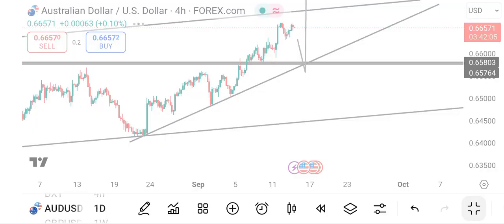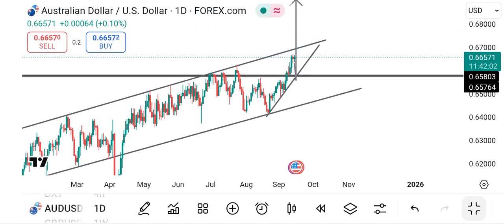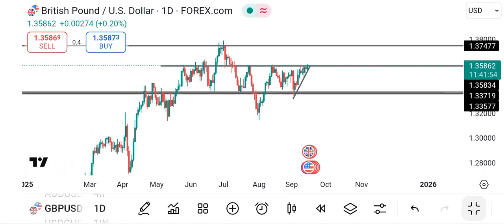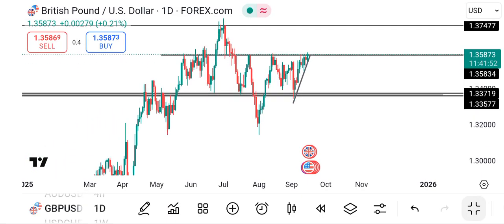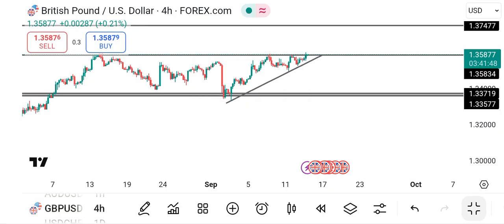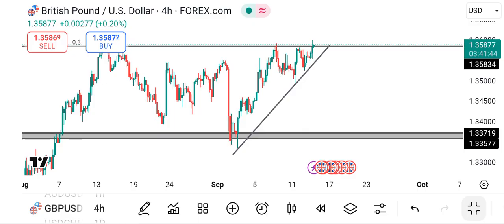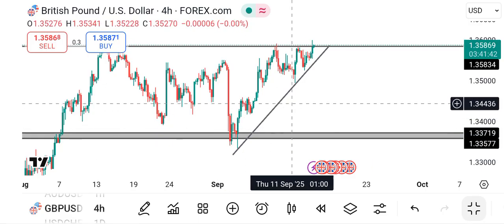Let's quickly head over to GBPUSD. As we know, we've checked DXY. We've known that DXY is coming down, and for GBPUSD also, I've done my analysis. No need to redo the analysis again. I've done it, and you guys know that we are still waiting for this particular zone here. Although GBPUSD is giving us strength, there is a particular saying that you should look out for how a market